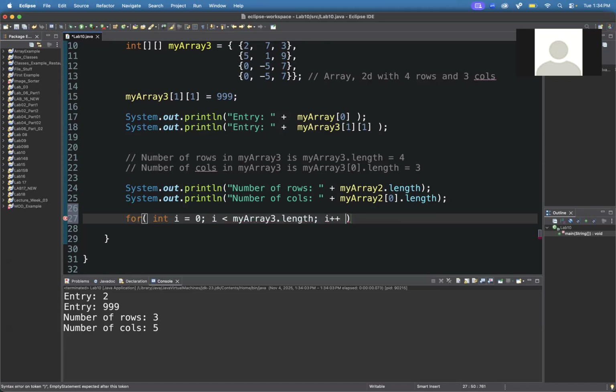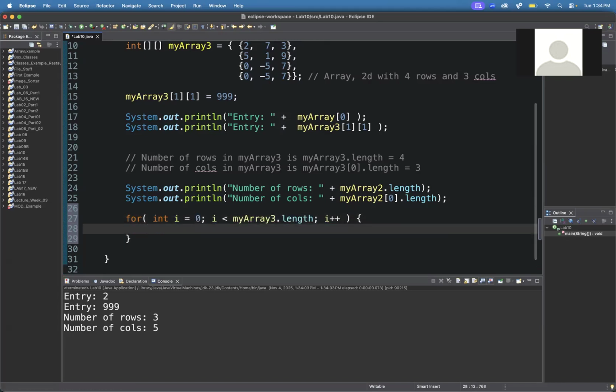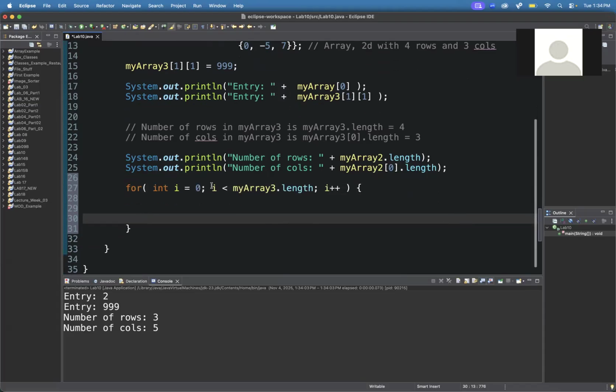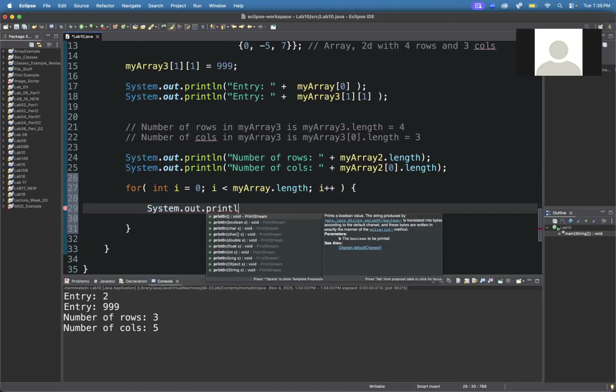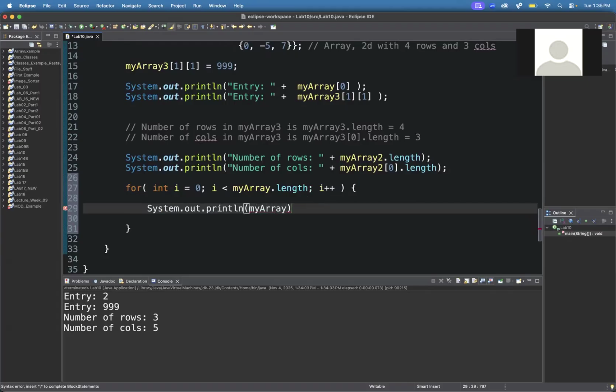Now this looks exactly like what you do when you are printing one single array. In fact, if I did change this to my array dot length, and then I just put System.out.println my array subscript i,